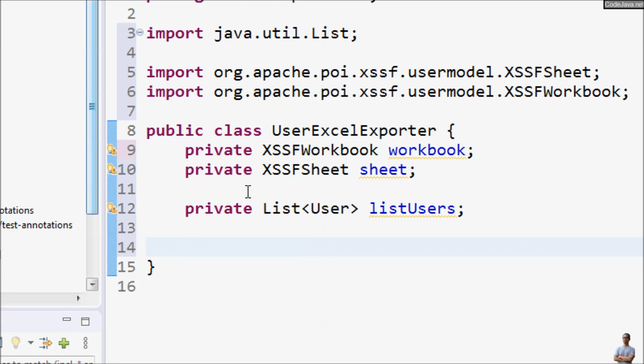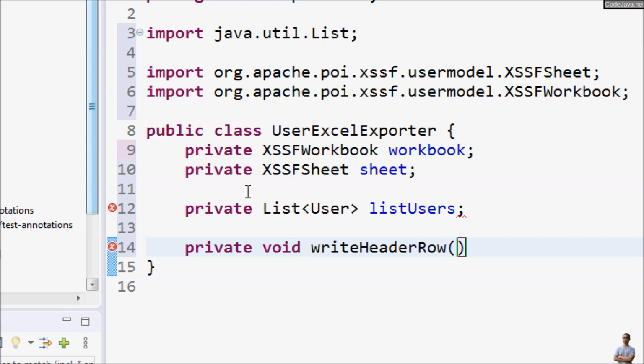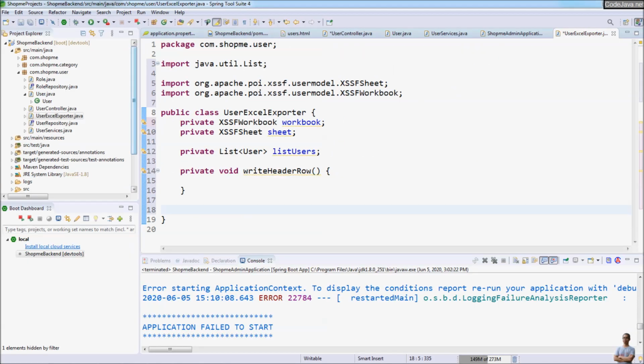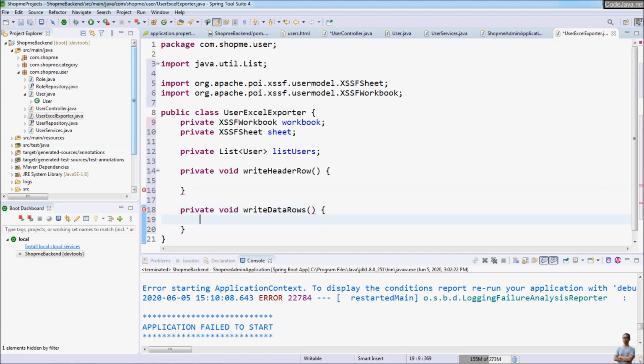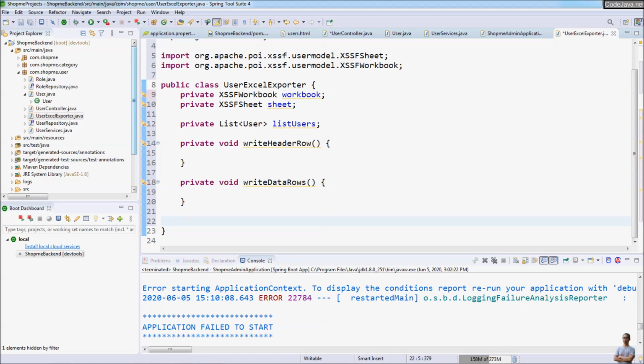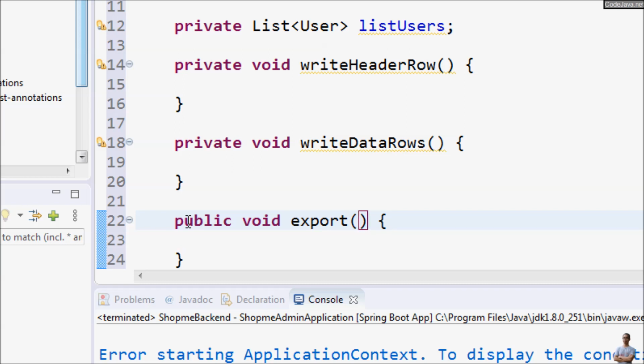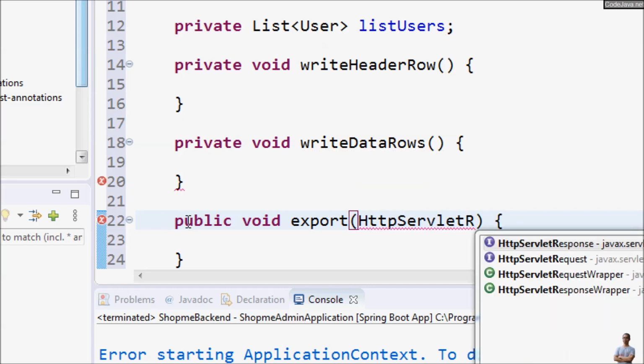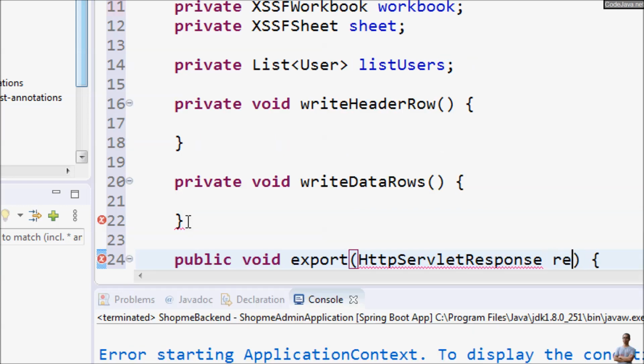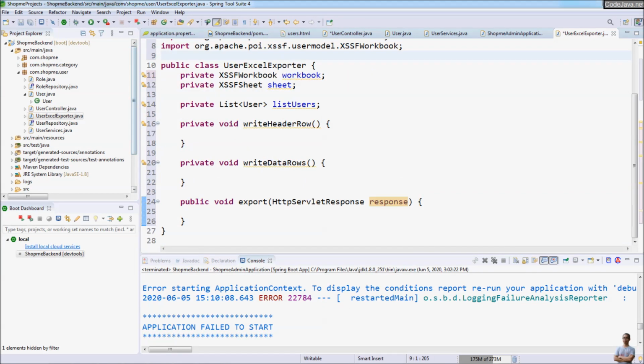And in this utility class, we need to have some private methods: void writeHeaderLine, to write the first row, the header row, first row in the document, and the next method is writeDataLines, and the public method which will be invoked by the controller class is public void export, and we need to have a reference to the HttpServletResponse to write the content of the document to the response. Okay,